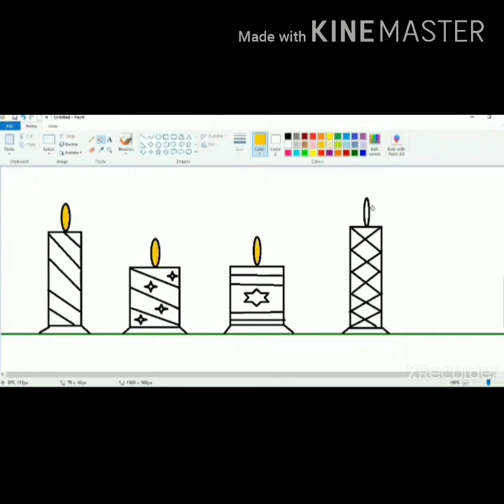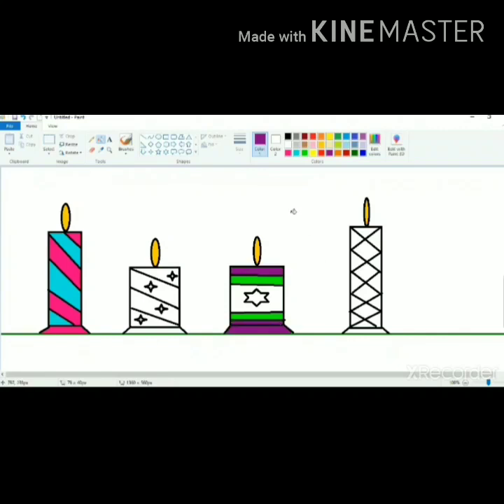Now for the coloring, I am going to take the fill with color tool, and in the flame yellow, and in the candles you can use colorful different colors to make them look beautiful and bright, and you can color according to your choice. I am completing the coloring according to my choice.